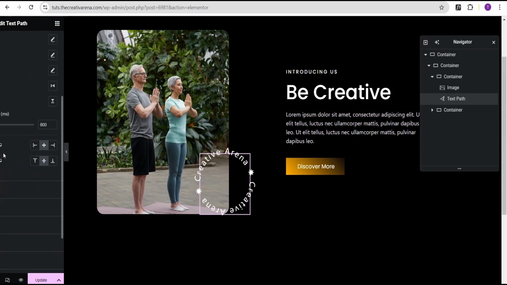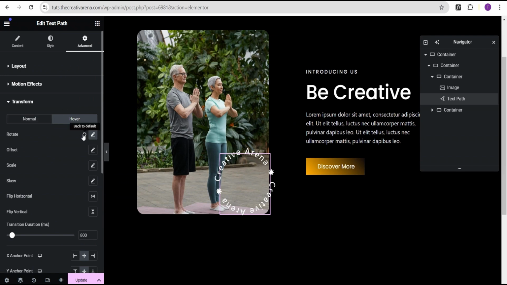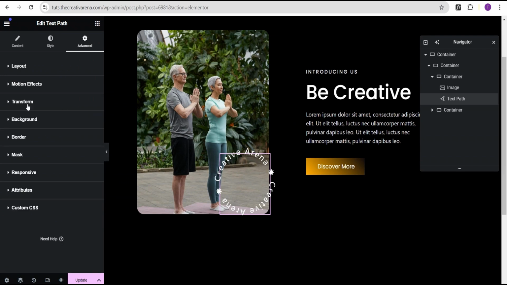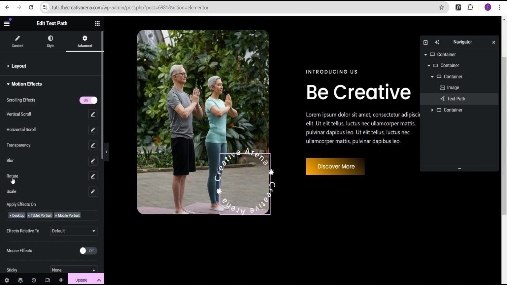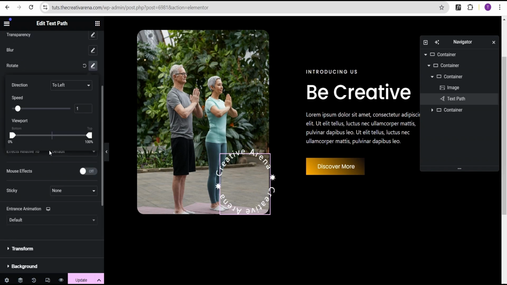Now let's come over here and add our second effect. So let's just undo this and then let's come back here. Now to add our second effect, which is the rotating effect on scroll, we're going to come over to the motion effect, and then scrolling effect, we're going to toggle this to on. I will come over to the rotate, and then for this, we're going to leave it at direction